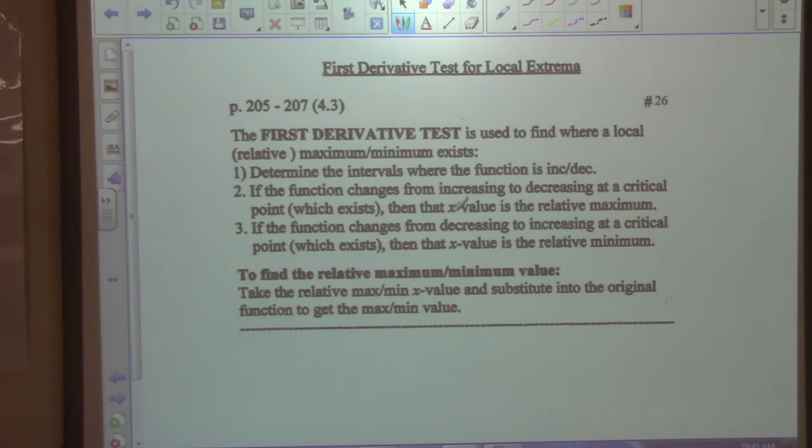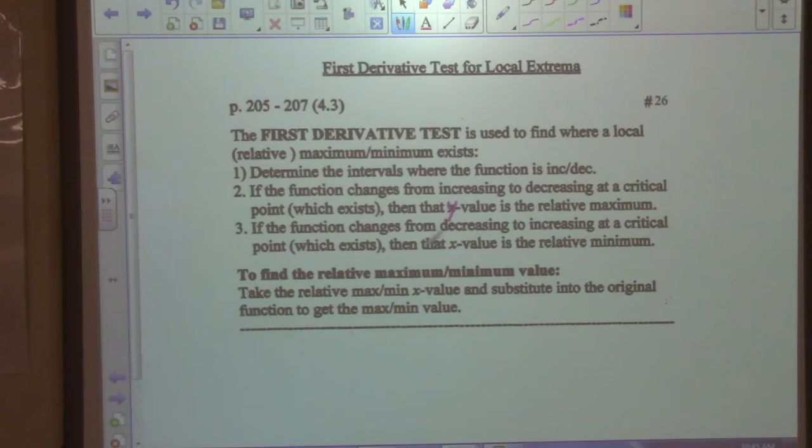No, that's not right. Then that y value, that should be y value. You understand why I made that correction? For number 2, it should be 1. Yeah, because it's the y value that is the maximum, right? Now, the x value is where that maximum